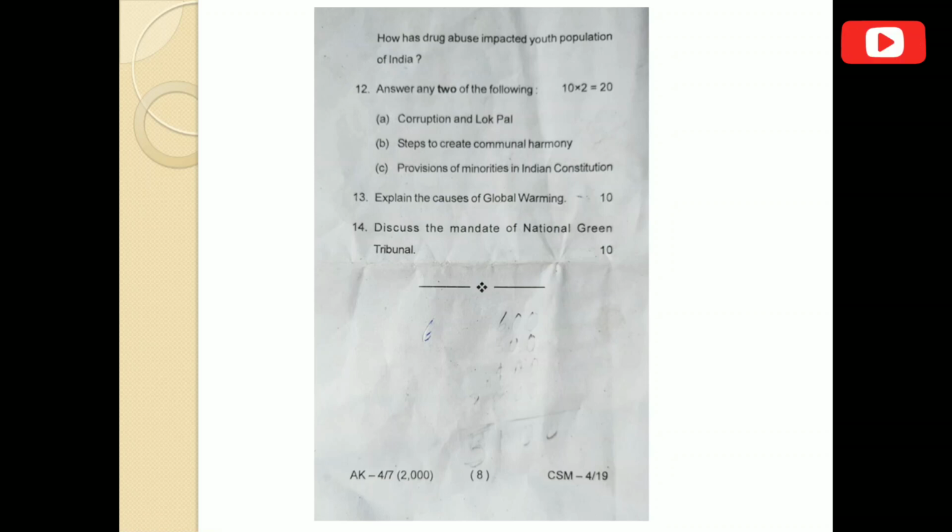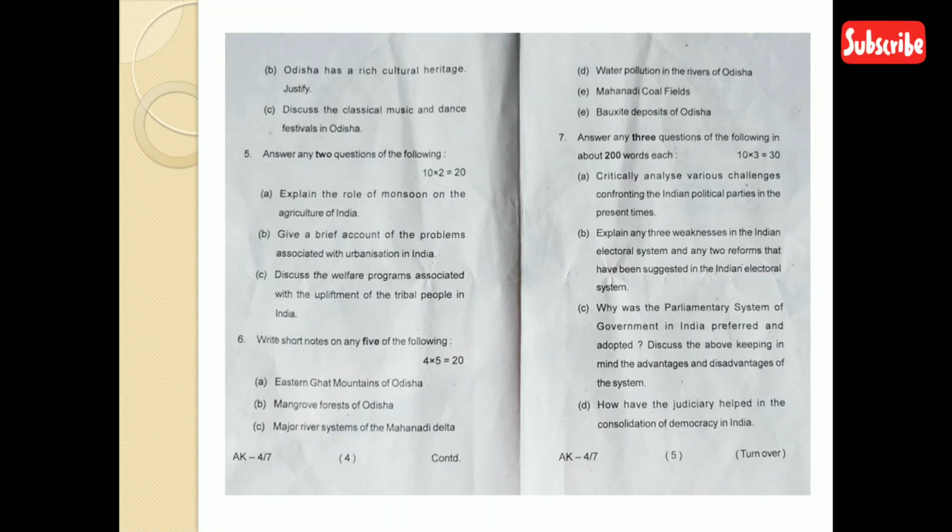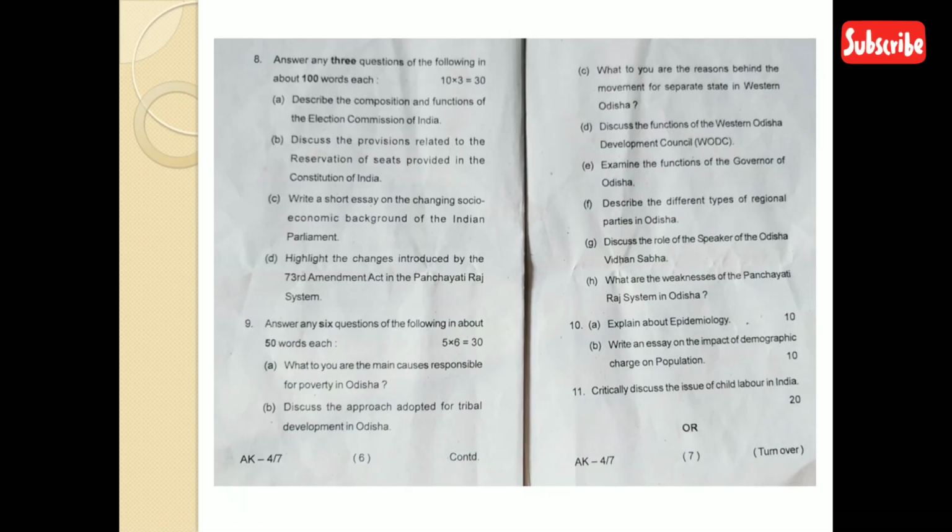You see the questions: global warming, Lokpal, communal harmony, National Green Tribunal, drug abuse, which came last time. So this part is quite easier this time than last time. Only one part might have been difficult, epidemiology. They might have faced this type of question, but epidemiology is a very simple thing. As COVID-19 is creating havoc on Indian society, epidemics and the impact of epidemics on demography, that is epidemiology, is a very interesting part you have to understand, and that is why this particular question came in the examination.